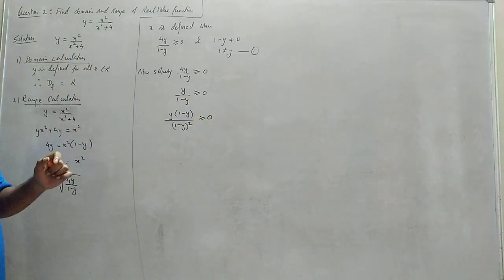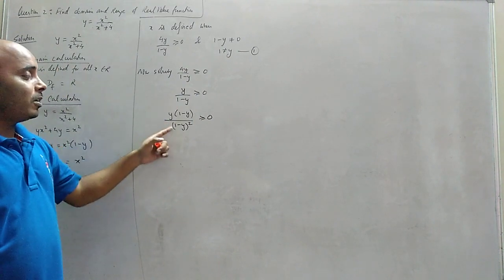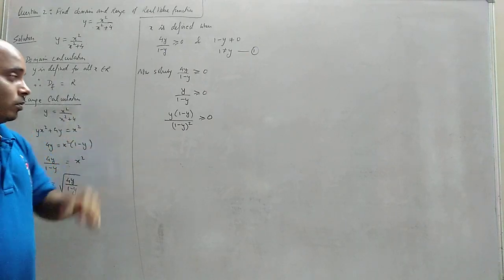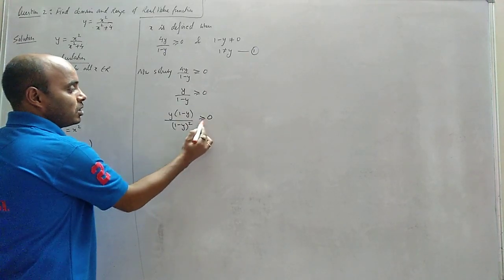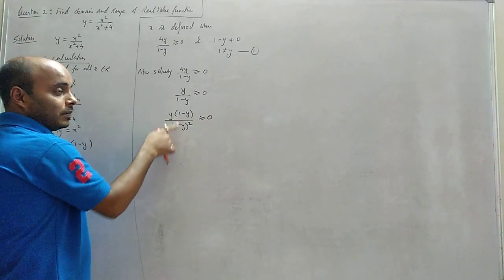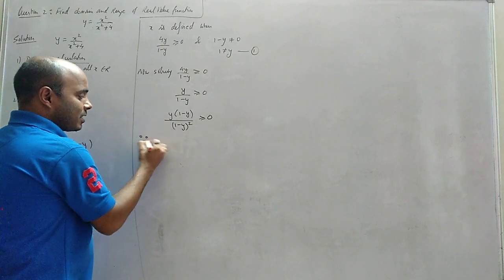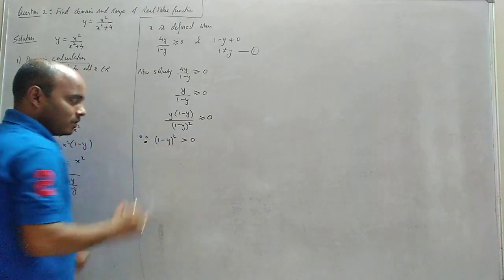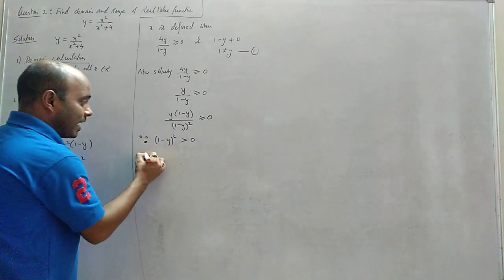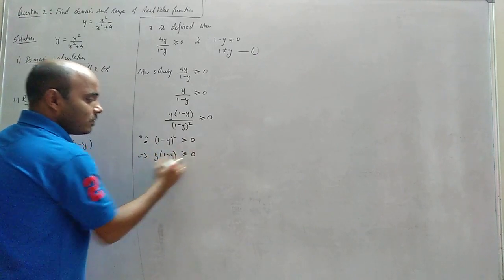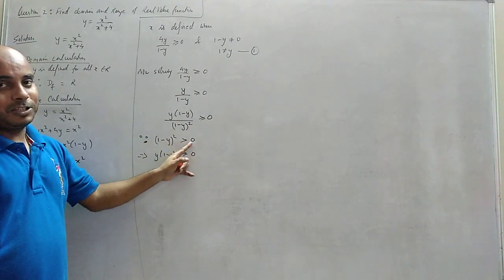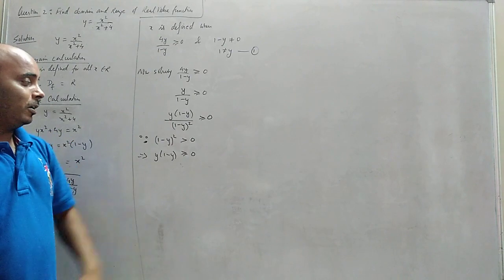Okay, understand? So always in every question we are multiplying the denominator upar and niche, so the denominator becomes a whole square. My aim is to make the denominator a whole square. Now what do we have? Something by something positive. It can happen in two cases: both are positive or both are negative. Since the denominator is a whole square, it will always be positive. This implies the numerator will be positive. Here the numerator can be 0, equals to 0. Denominator cannot be 0, only greater than 0. Clear this line? Similar to what we studied earlier. Done.